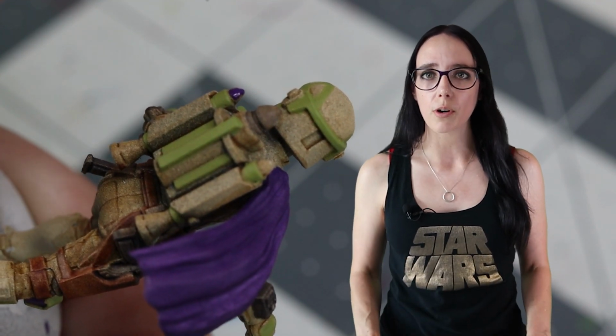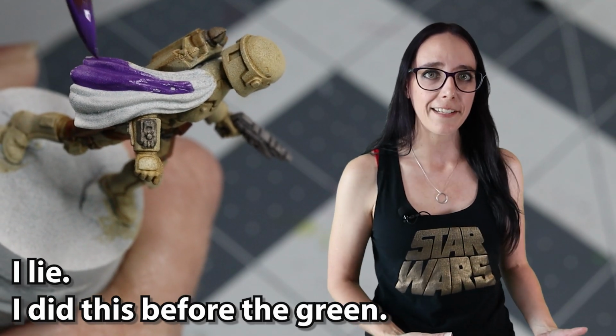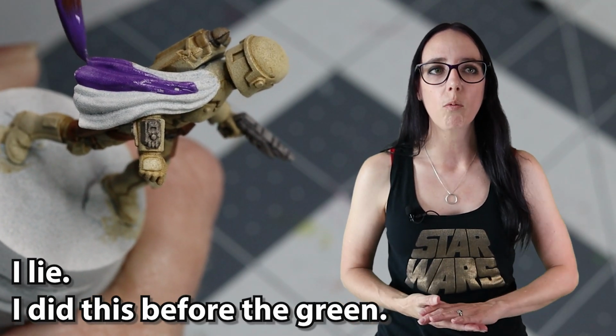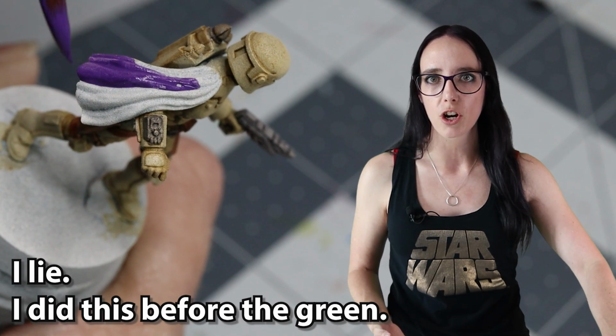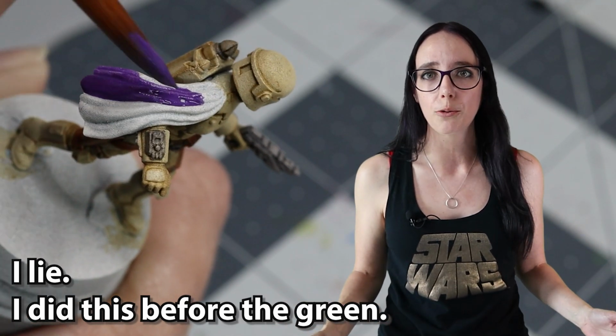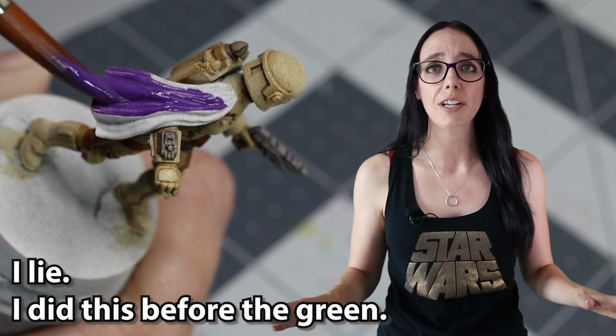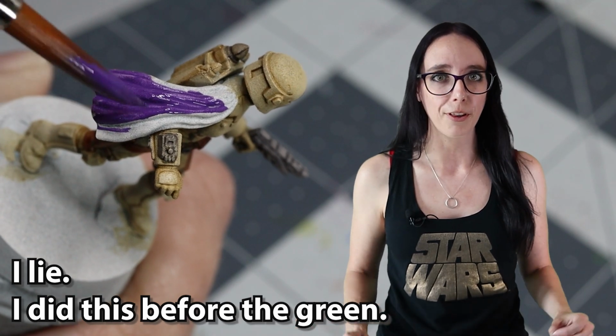I also want to use this color on her cape. I left that unpainted up till this point, and I really wanted to have this emphasis of the purple color tone because, let's face it, it's me, it's my favorite color. I thought it would look really cool, and I don't get to paint in base color tones very often, so I thought this would be a great opportunity to do so and play around with a little bit of edge